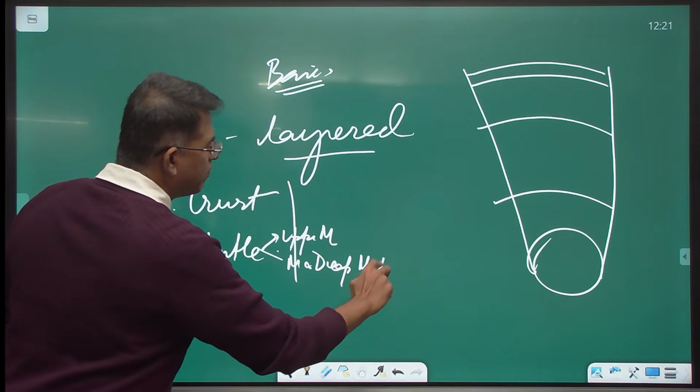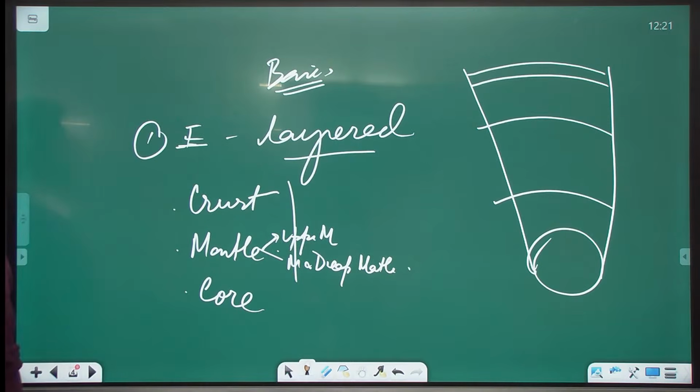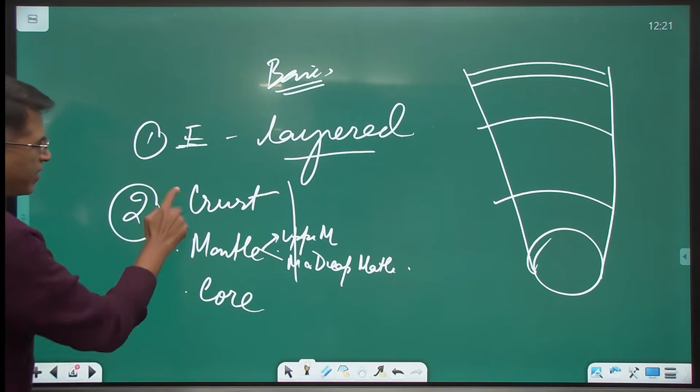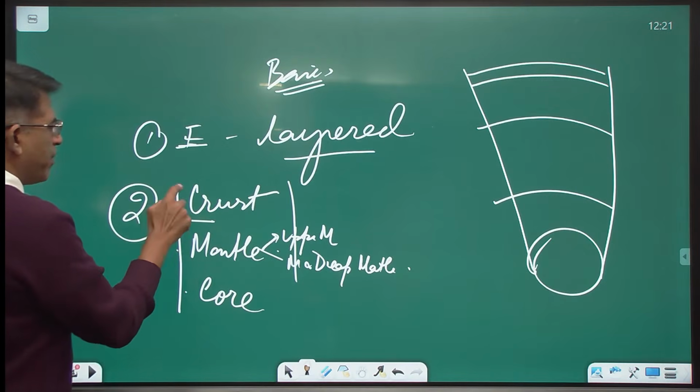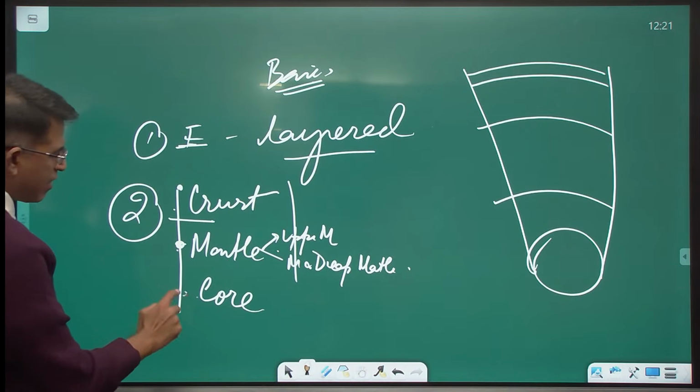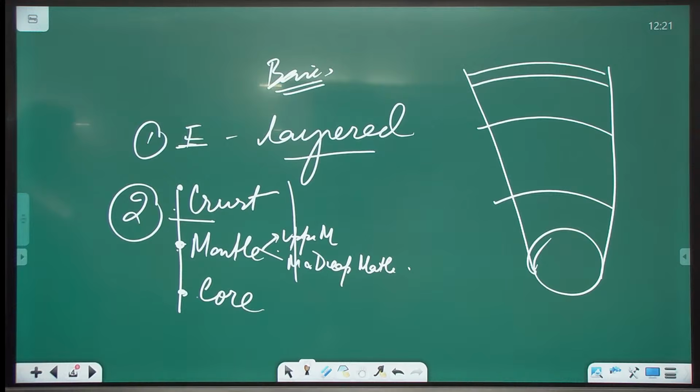All of you keep writing as I am jotting on the board. Now dictation जरूरत होगी, I'll do that, but keep jotting. Okay, I said earth is layered, और layers क्या हैं? We have the crust as the uppermost layer, we have the mantle as the next layer, and then we have the core as the innermost layer.